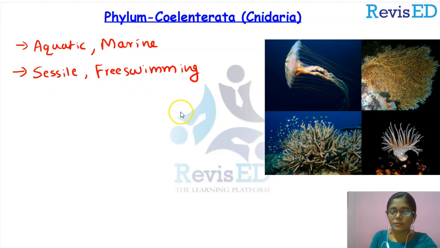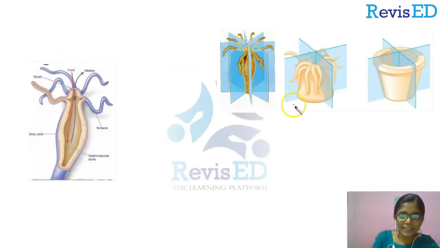Now, what about their symmetry? What about their body symmetry? Do you remember? We have studied these animals when we were discussing about the types of body symmetry. Okay, see, what is the body symmetry here? From this picture, it is clear for you, right? Yeah, they are having radially